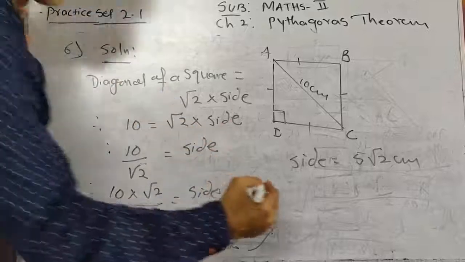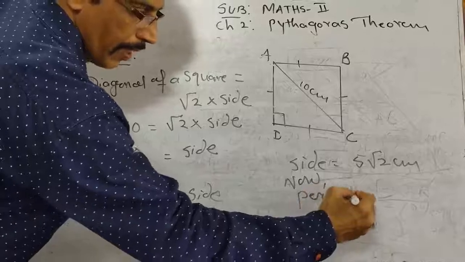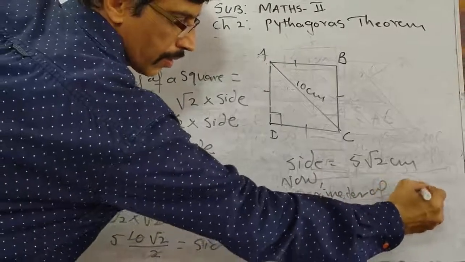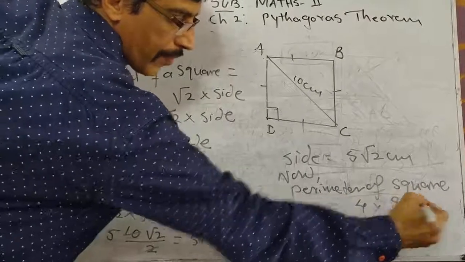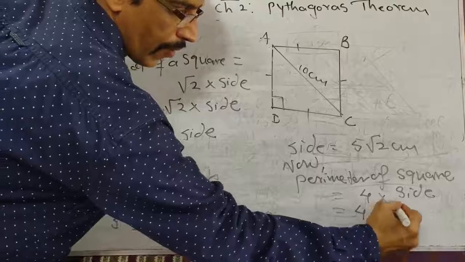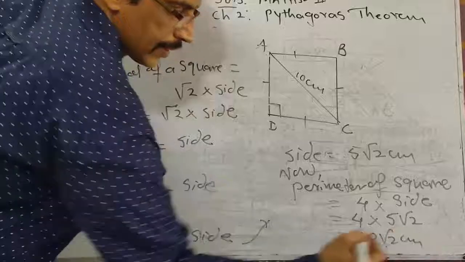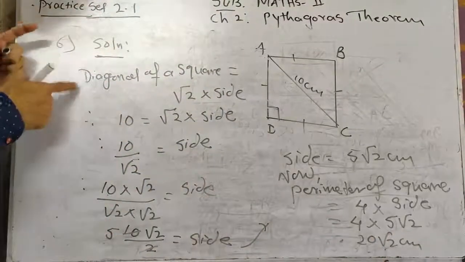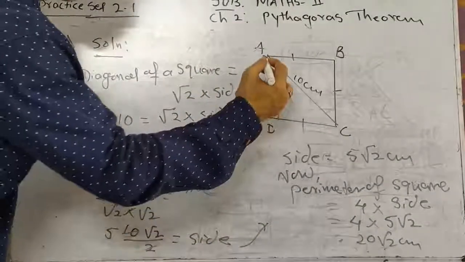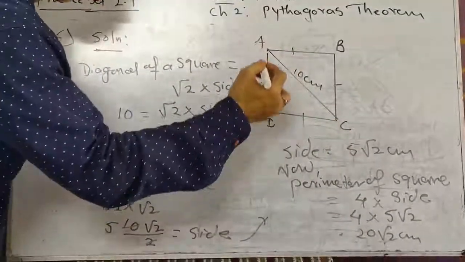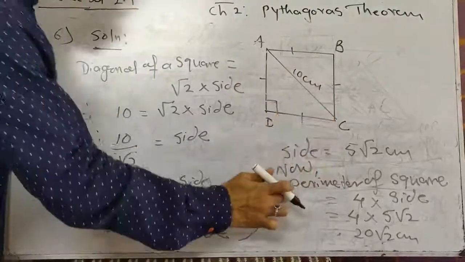Now we want the perimeter. So all of you know the perimeter formula also. What is the formula? Perimeter of a square is equal to 4 into side. Means 4 multiplied by 5 root 2. 4 5s are 20. 20 root 2 centimeter is the perimeter of the square. So with the help of this you got the side and you got the perimeter also. Once again I am saying you can use the Pythagoras theorem also. You can take the Pythagoras theorem and find the side, and after getting the side you can use this formula. Okay, thank you.